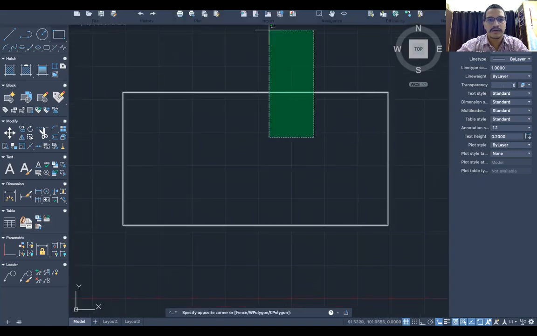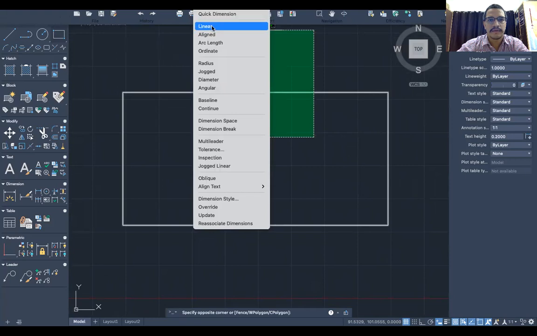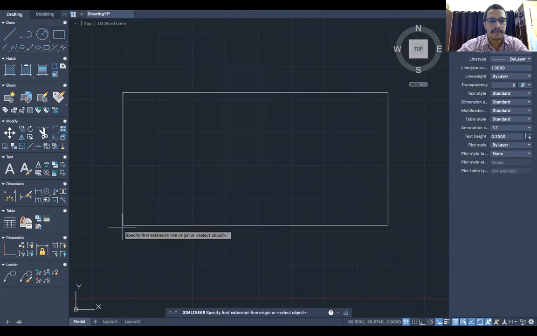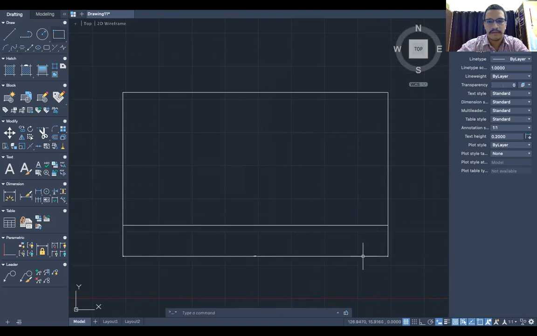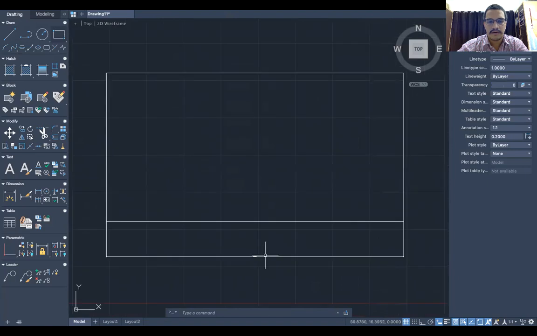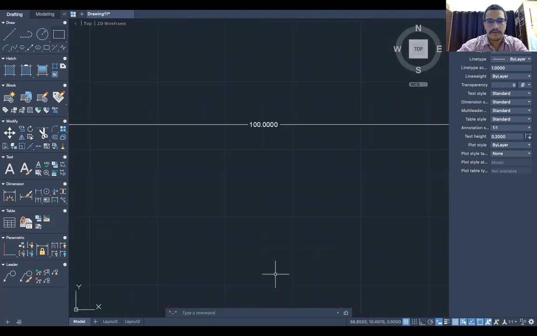Now in order to measure this dimension, linear, first point, second point, and zoom this. So as you can see, we have given the 100 dimension, so it appears to be 100.